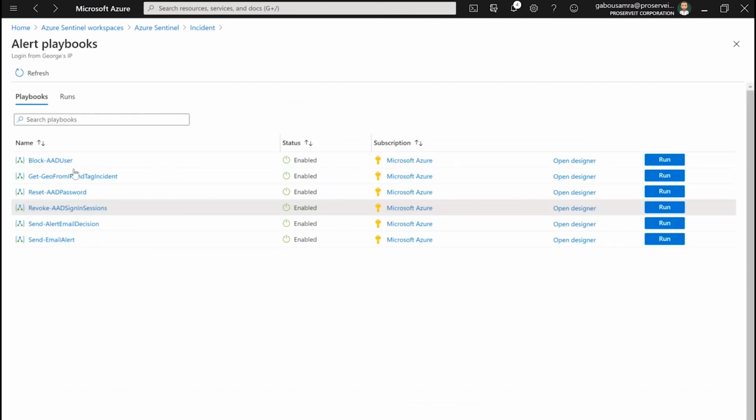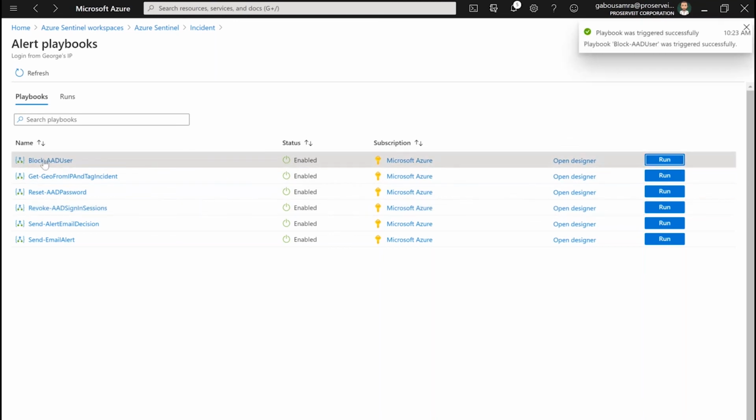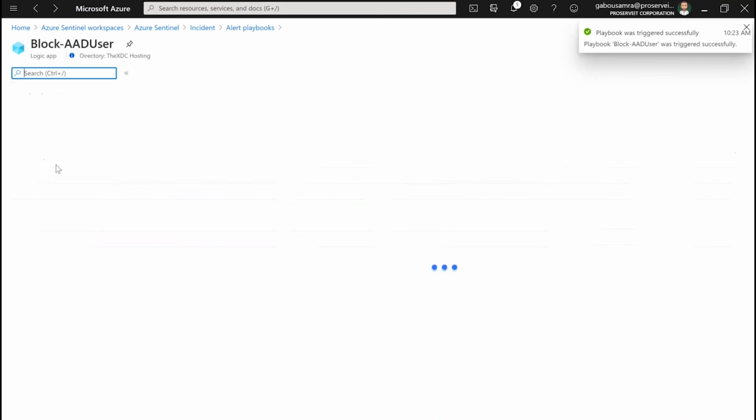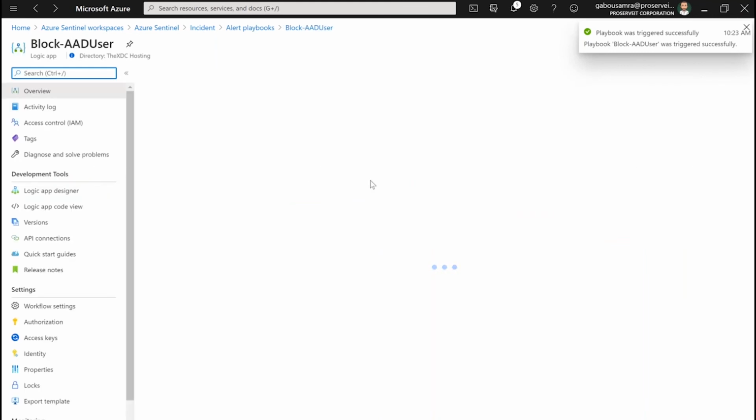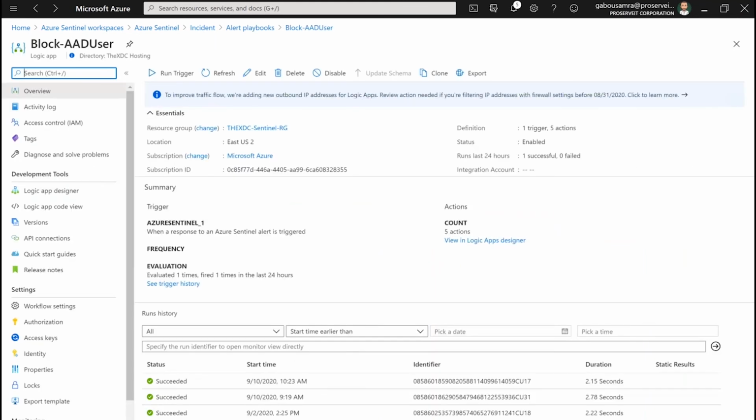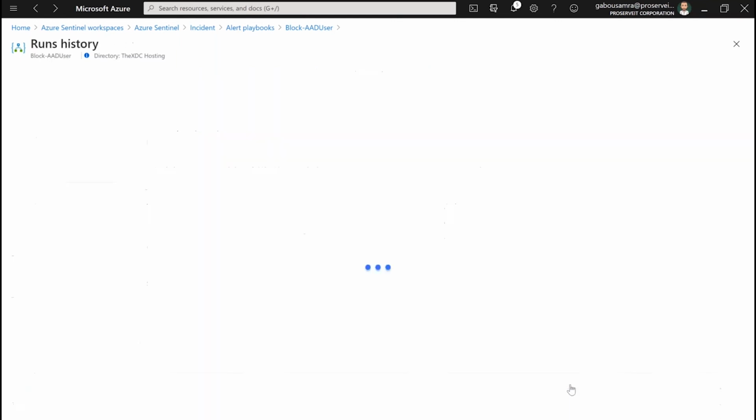Another playbook that we can run is to block the user from signing in. Another one we can do is reset their password. And they all have a similar outcome. So if we're going to block the user from signing in and we run that, let's take a look at what it does. It ran in 2.15 seconds. If we expand on that,